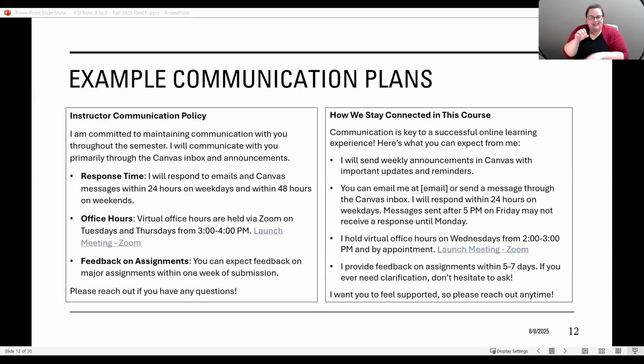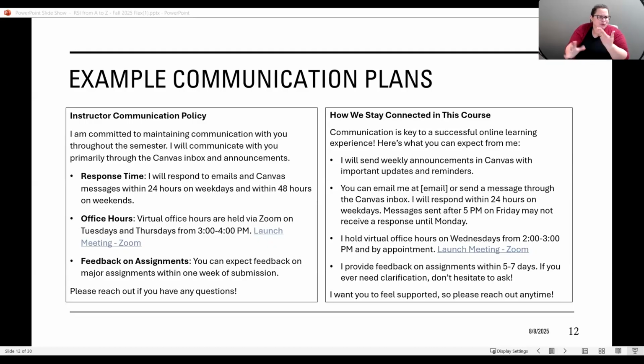So what we want to challenge you to do and talk to you about right now is making your own communication plan. You don't have to write every single thing right now. But think about what the ways are, because as Sue mentioned, we know that you're already interacting and communicating with your students.